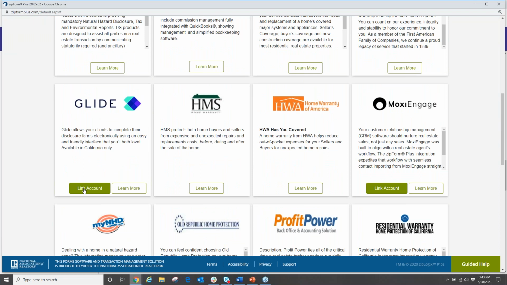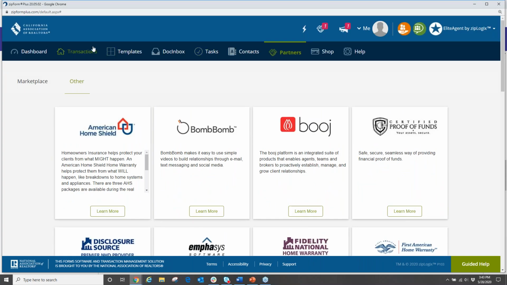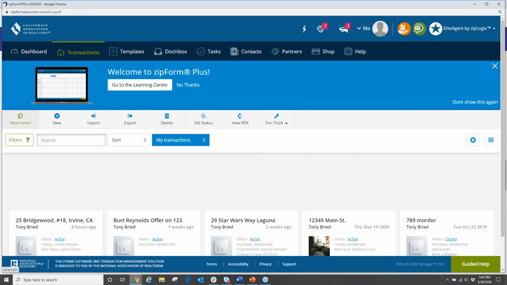From here, you're going to click on Link Account. When you click on Link Account, this will then ask you for your Glide account information. When you input that information, it's then going to tell you success. So now, after you've linked your Glide account with your zip forms account, you are now ready to send out disclosure requests